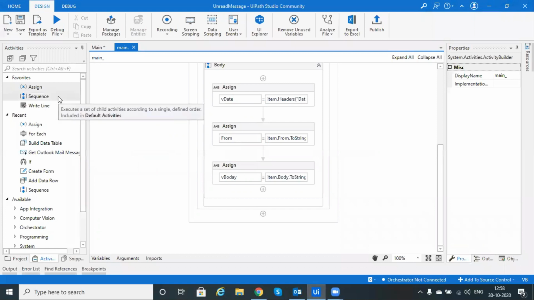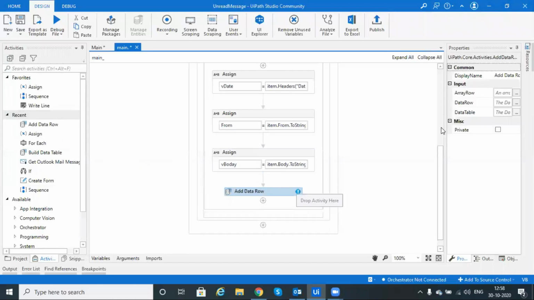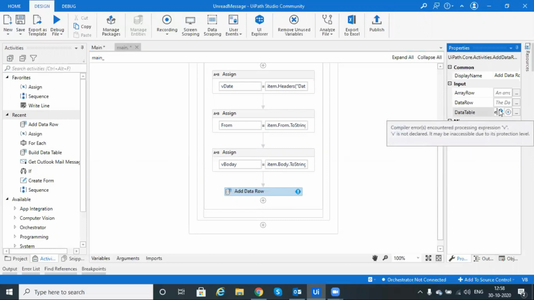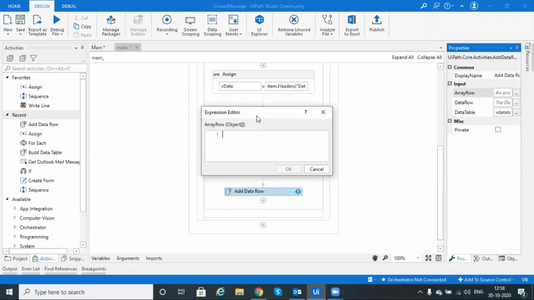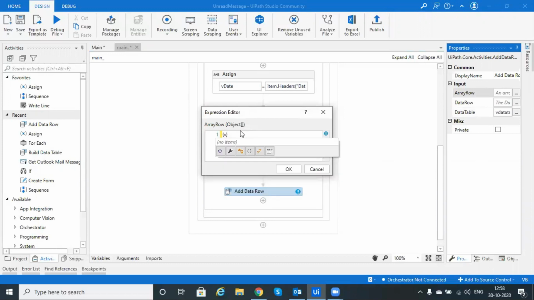So here we will use Add Data Row. In Data Table we will mention the data table, and in Array Row we will use the date, from, and body, right?